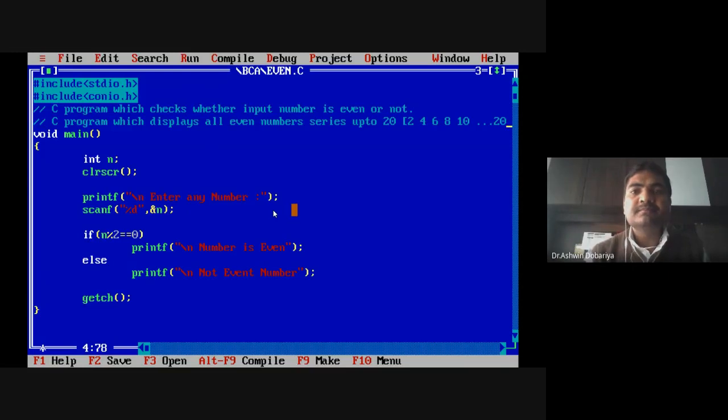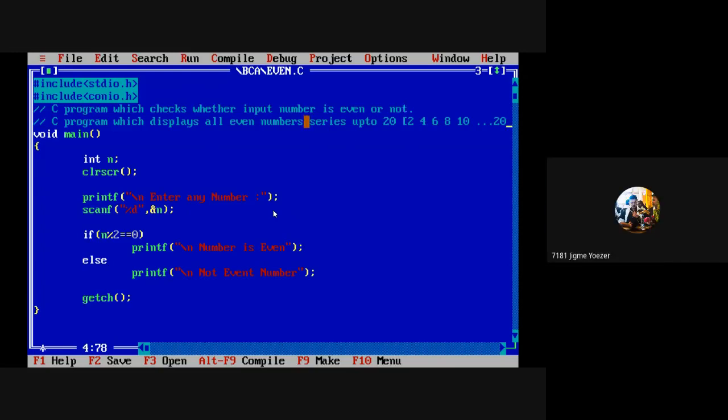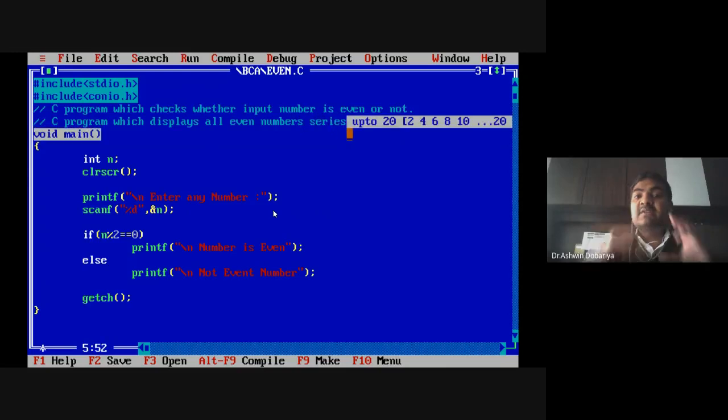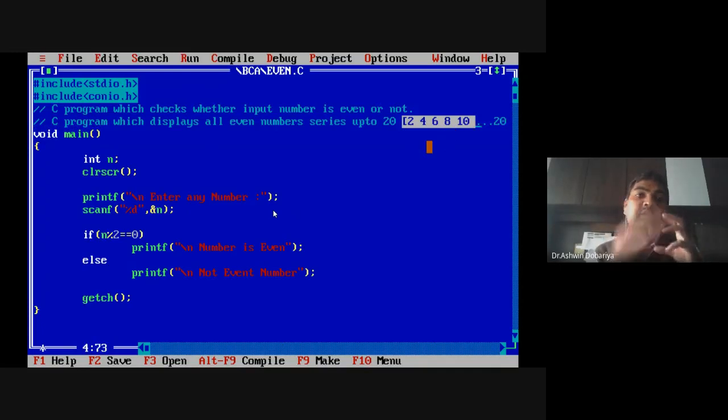20? So now you tell me, in this program do I have to take any input from the user? Is the user required to give any input in this program? No. Whenever you want to generate a series, this number we will take from the loop instead of taking a value from the user.